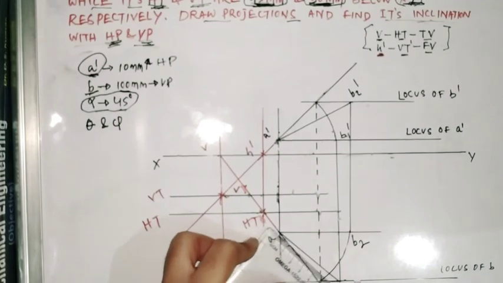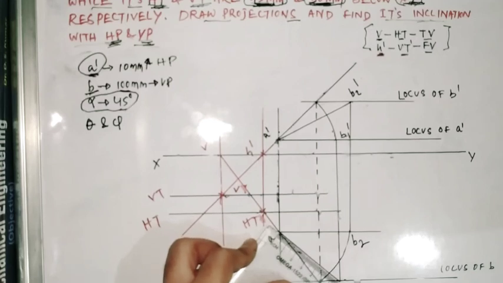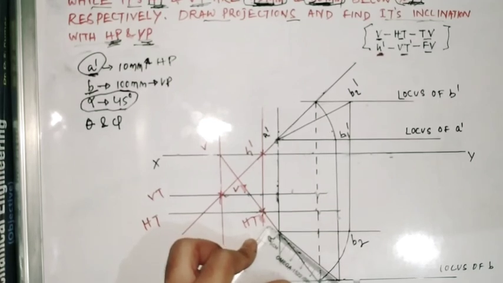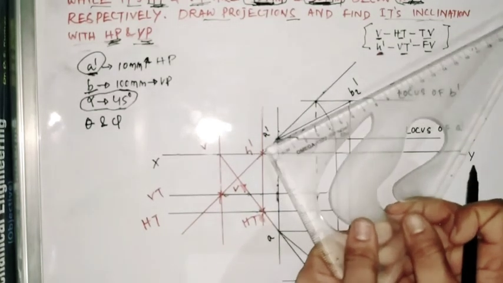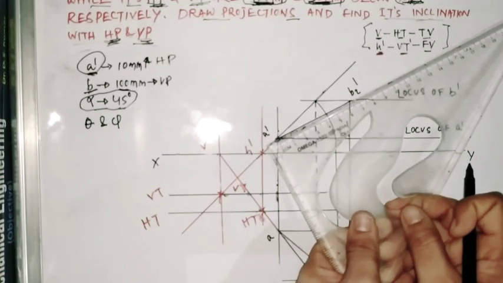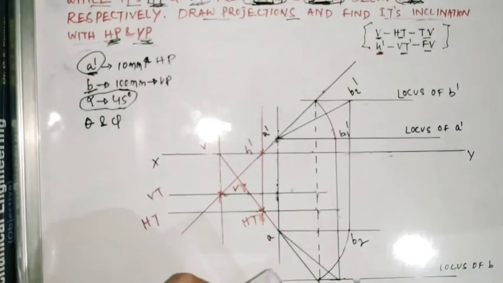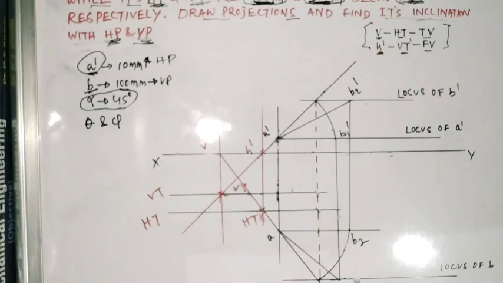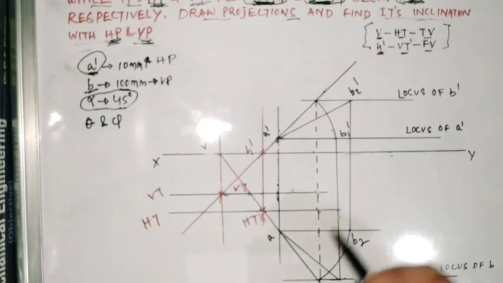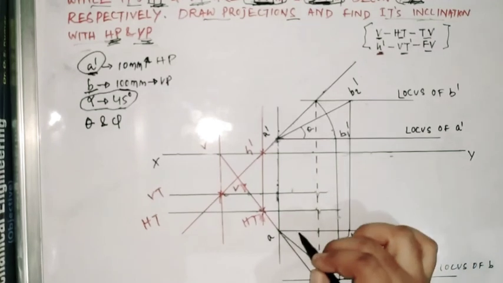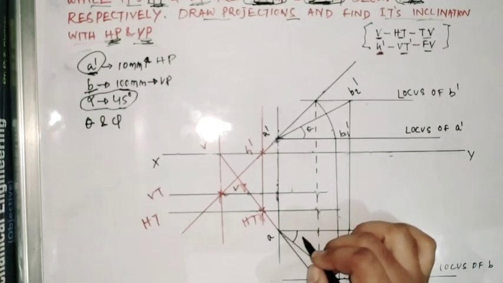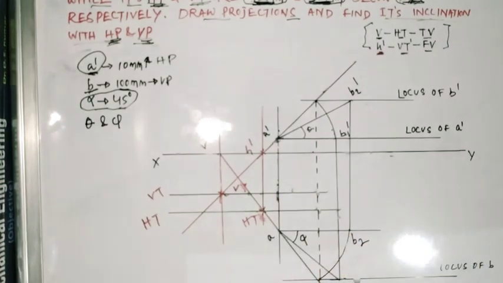If we measure, we'll be getting some deviations here because we have taken the arc approximately. We are getting 60 mm here. Let us check here also. Here we are getting 6.5, that is 65. So we are getting some deviations over here. If you take your correct dimensions with correct instruments, then you will get the correct result. Now you can calculate this angle. This will be your theta, and this will be your phi. This angle you can measure.